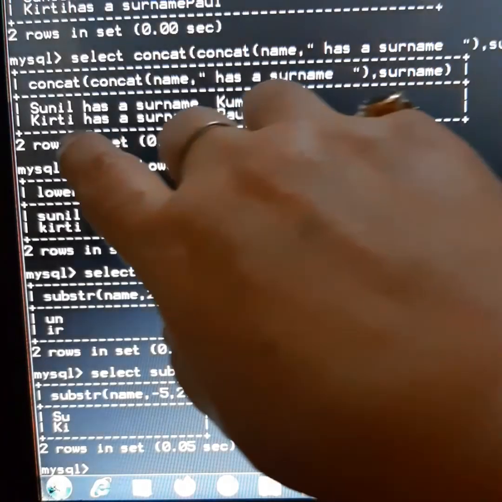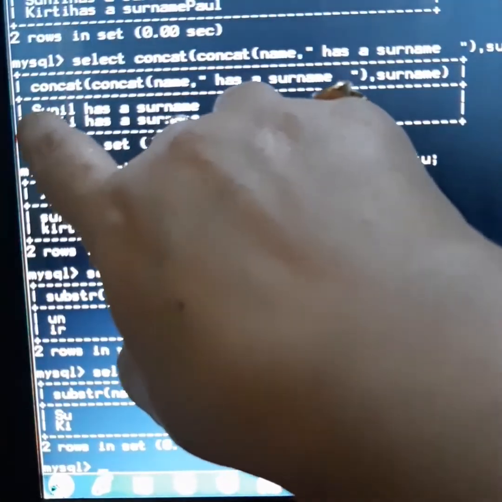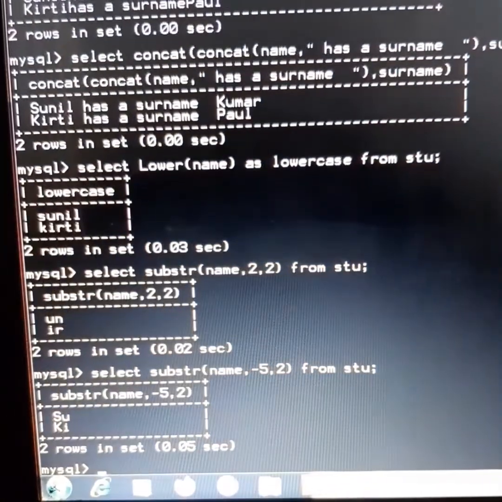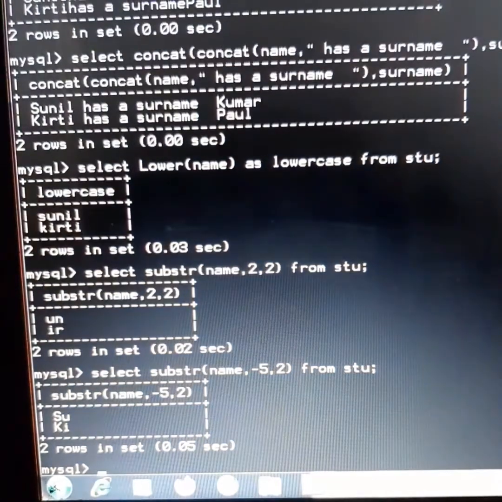Starting from here, -1, -2, -3, -4, -5, so the -5 position is S, and I wanted only 2 characters, so it is giving me SU, and in Kirti also K and I. It's just like the slicing we have seen in Python also: if we start the numbering from the back end, it becomes -1, -2, -3, -4 and -5. So similar is the case with SQL: -1, -2, -3, -4, -5, and total characters are 2.